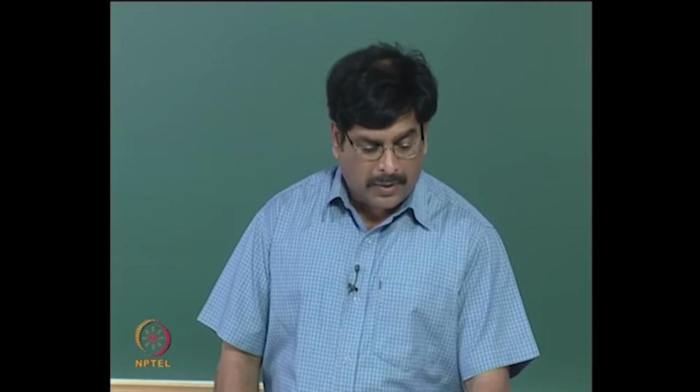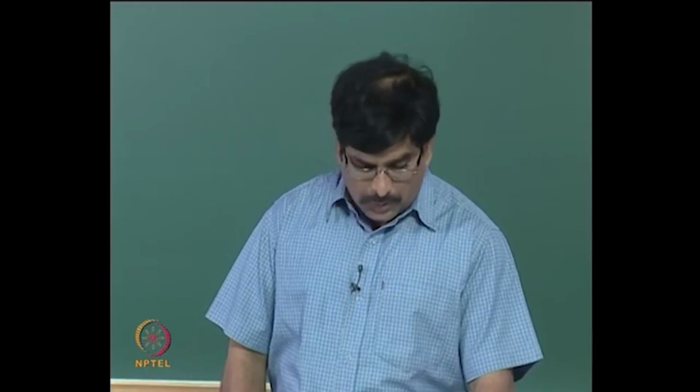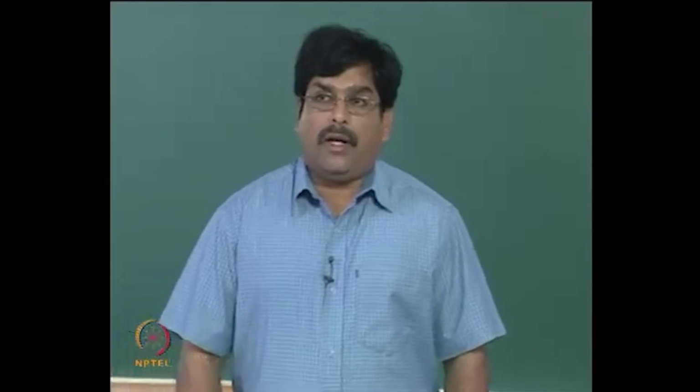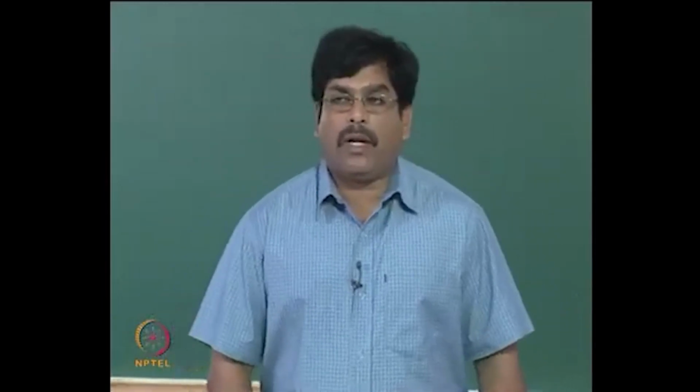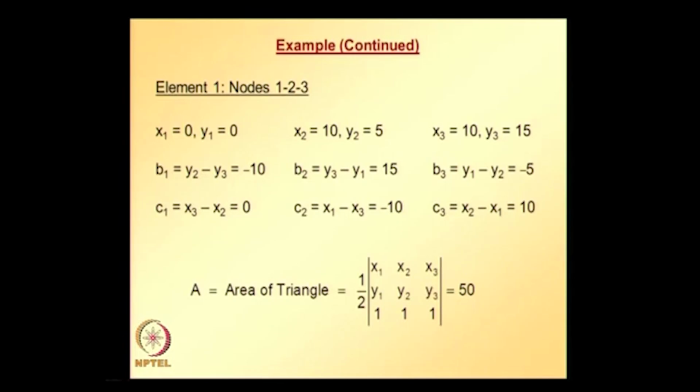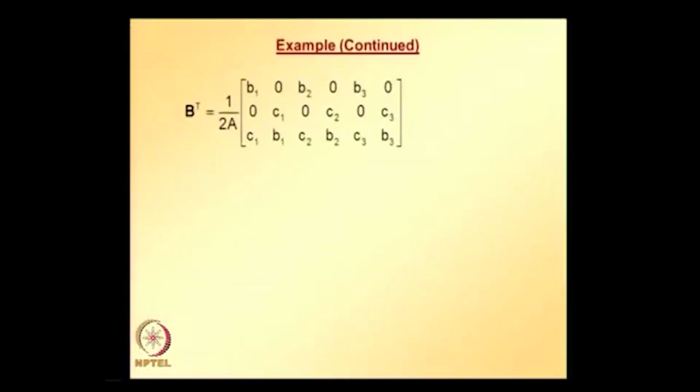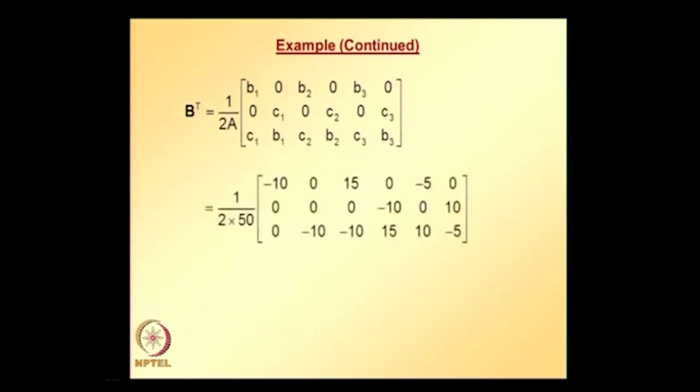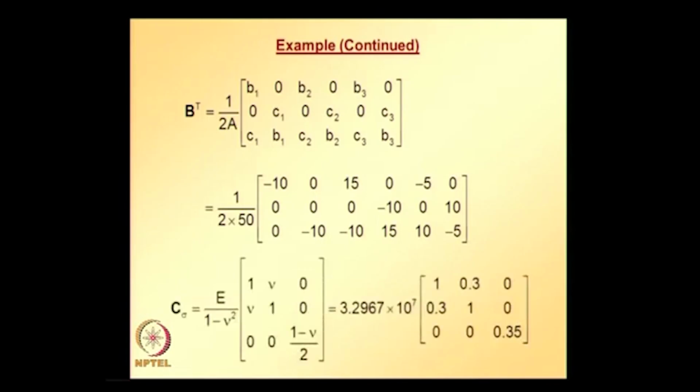These are corresponding to element 1. Area of triangle can be calculated based on the formula that we discussed earlier. And B matrix for element 1, assuming plane stress condition, C matrix is given by this, substituting Young's modulus, Poisson's ratio values which are given,